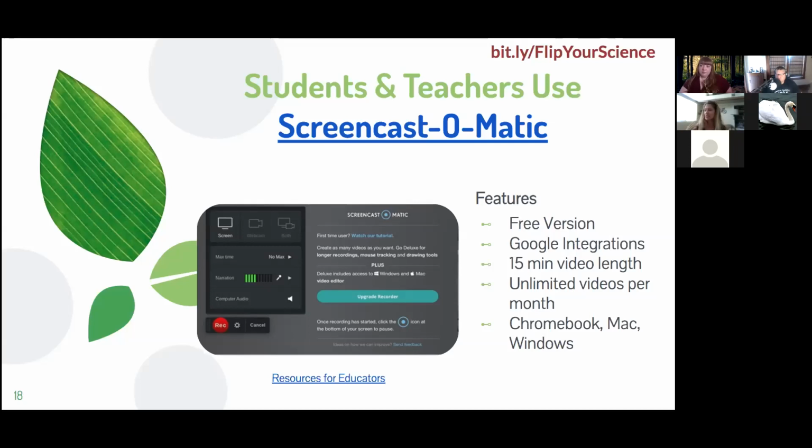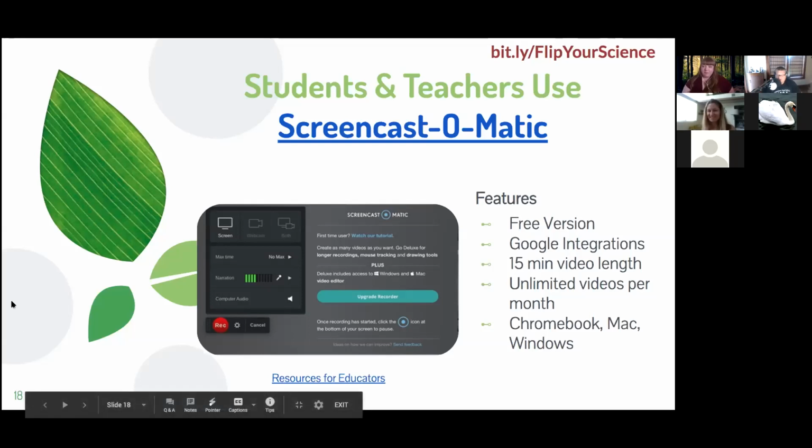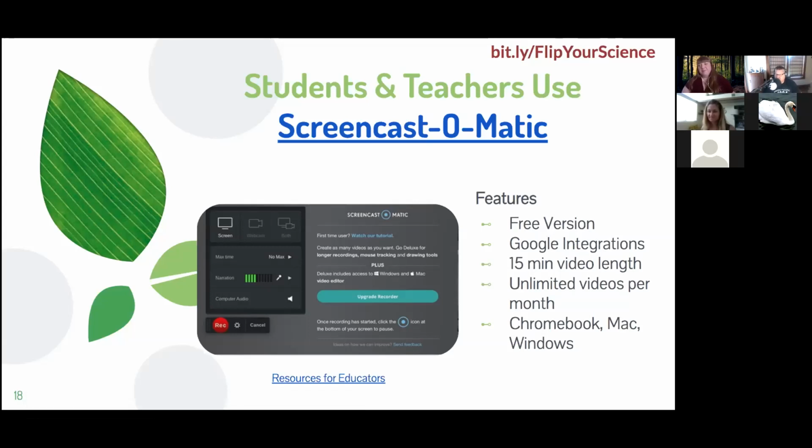Both are awesome, and I know we got a lot of our flippers using Screencast-O-Matic. But we put both of them on there because sometimes it's just personal preference too. A lot of times, you're right, each one does a little different thing, especially if you're using the free version of both. There's something one will do that the other one doesn't do quite as nicely.